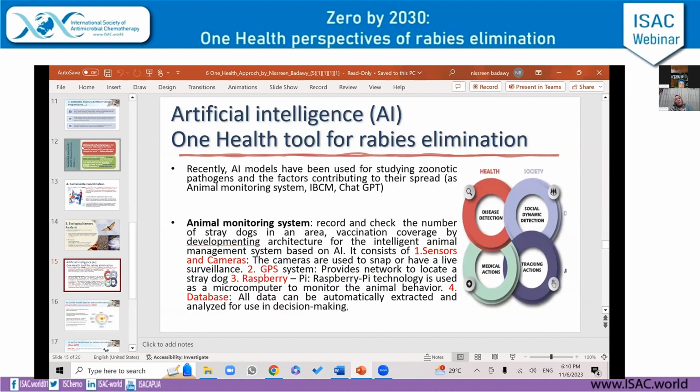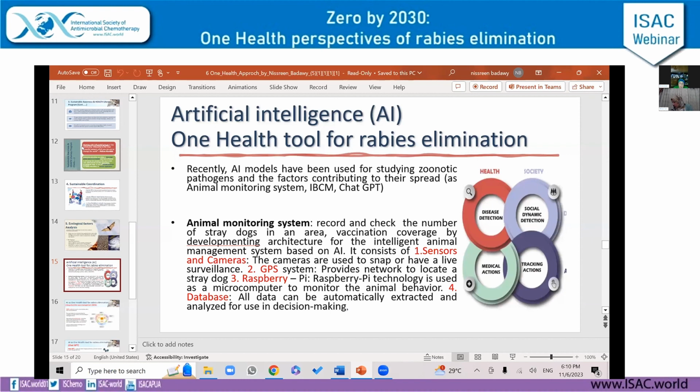Here we have an important tool in the One Health approach for rabies elimination, which is artificial intelligence. Artificial intelligence is human-mimicking cognitive activity by machine, including deep learning and machine learning, to obtain data, recognize data, and manage data categorization and analysis. Finally, decision making. Decision making requires intervention and wound management, investigational tests that are required or recommended, and even communication between different sectors, human health sectors and animal sectors. Artificial intelligence applications for rabies elimination include multiple modalities.